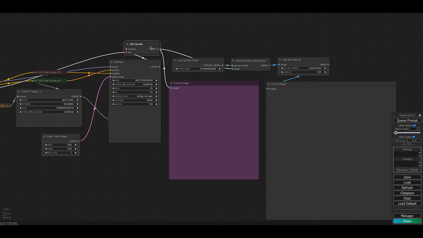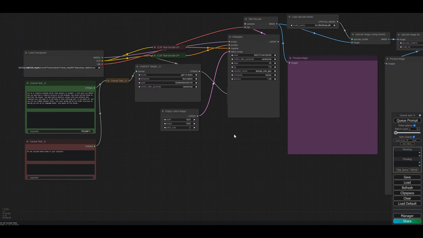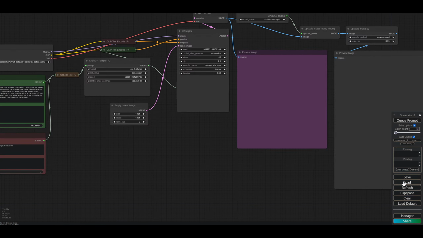Okay, so from the VAE decode, we have upscale image using model, upscale image by, and then off that one we've got load upscale model. Okay, it's probably better if I just take a screenshot of that. So what happens here is you talk to ChatGPT, and it'll create the image for you, blah blah blah. Okay, lovely. So let's go back and load